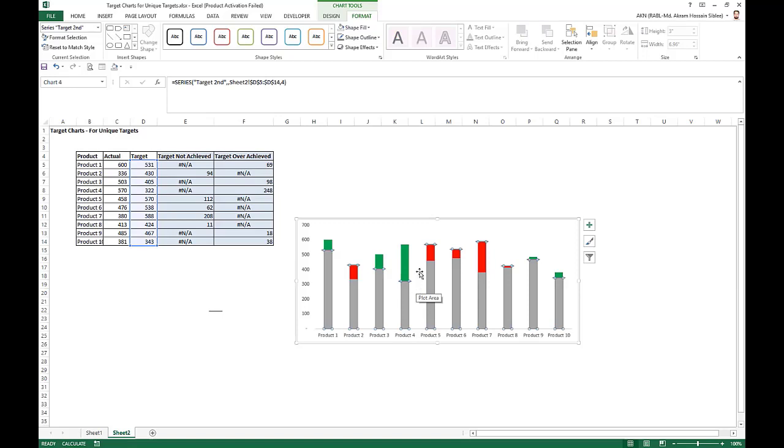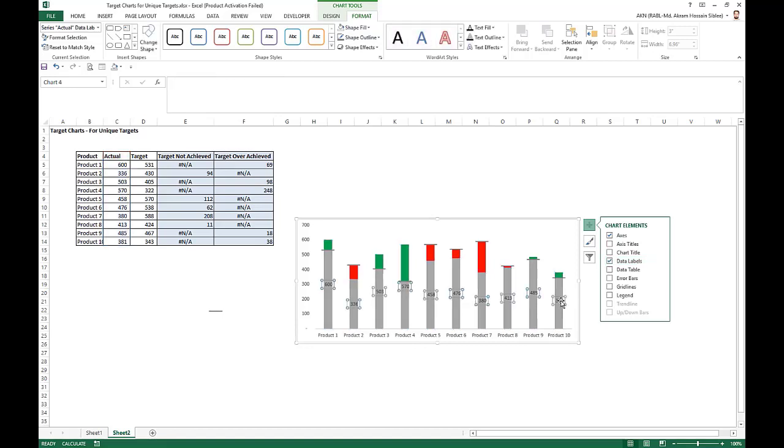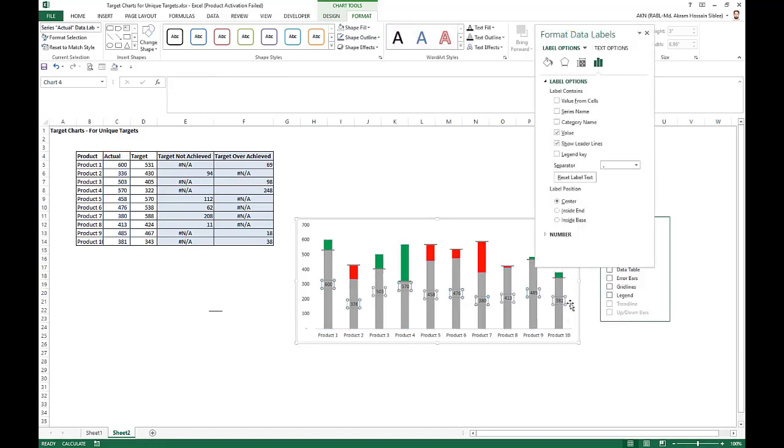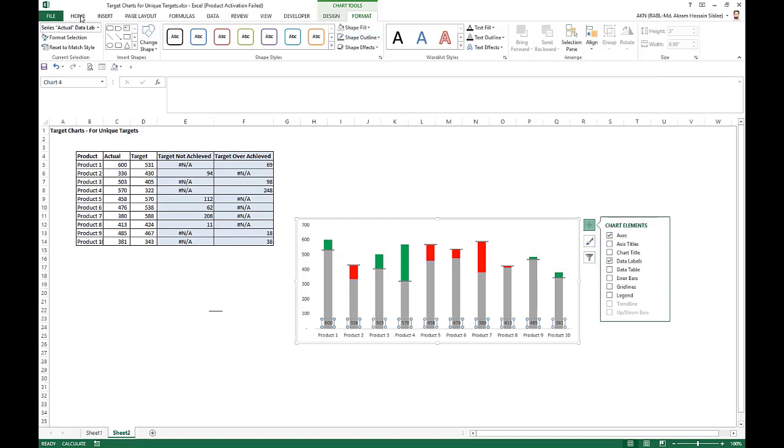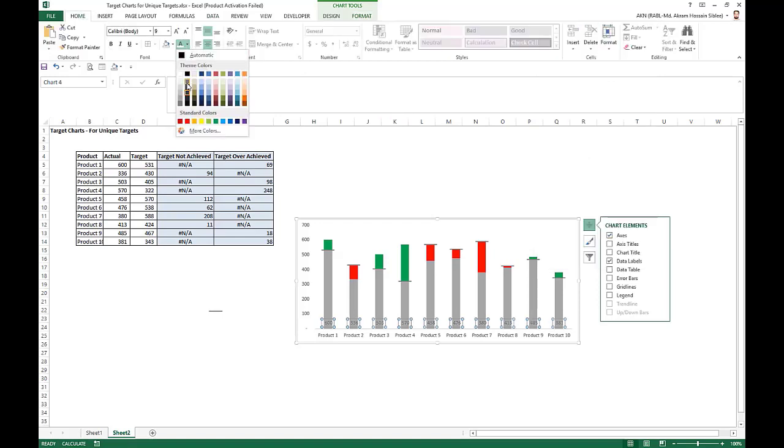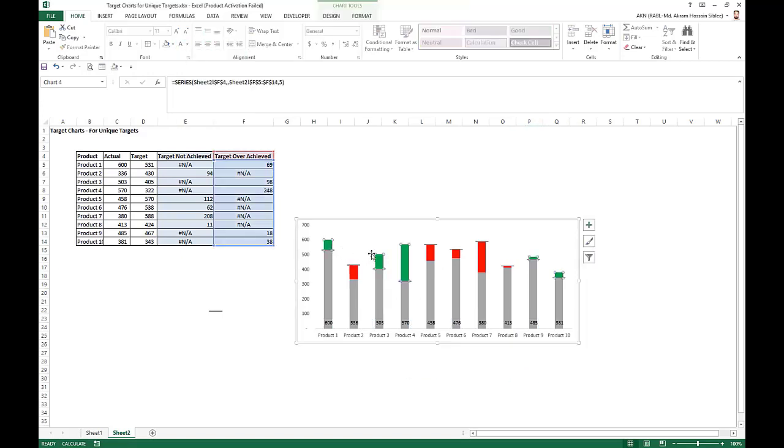So right click here, and this is where we want to see the actual series. Select data labels, plot this data as inside base, and take black. Now add this data in the series overachieved.